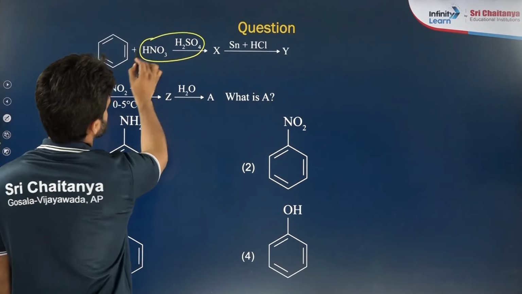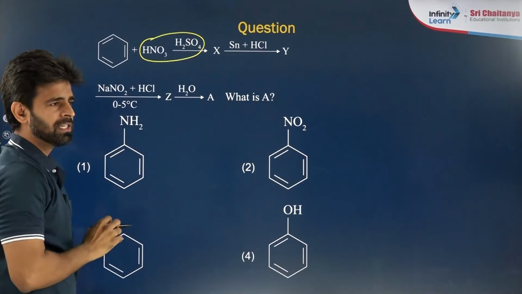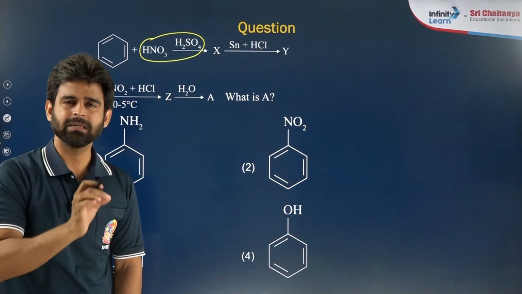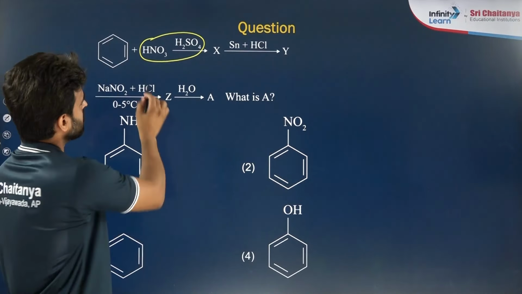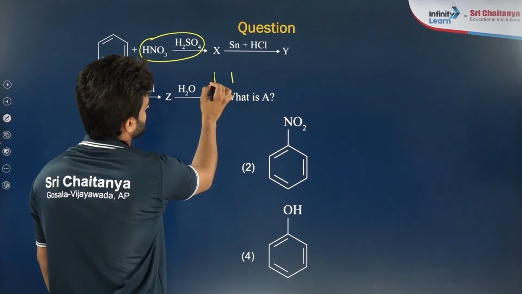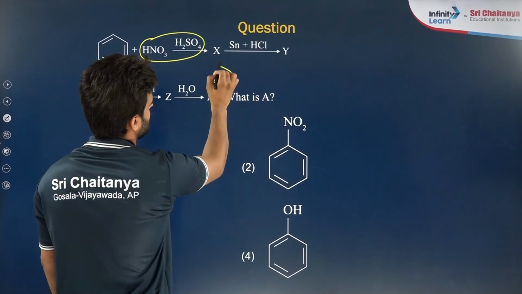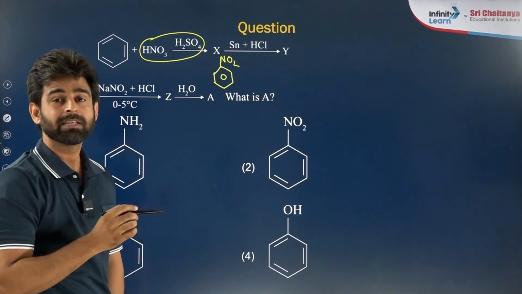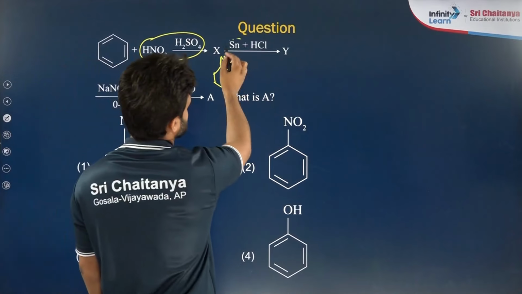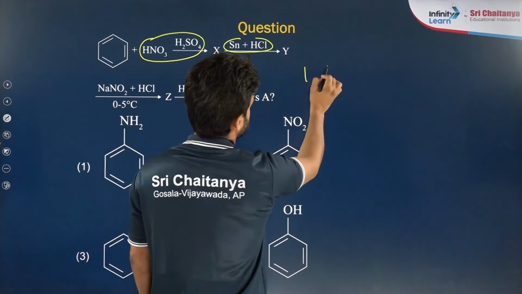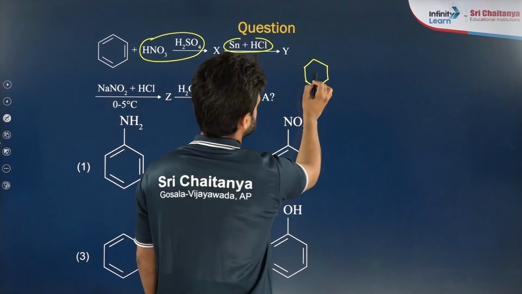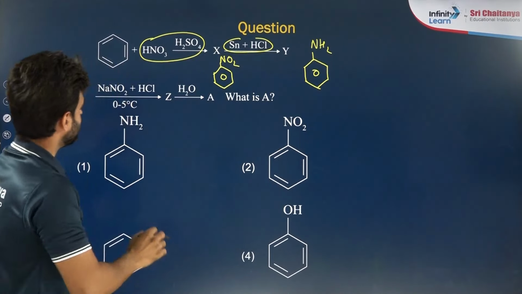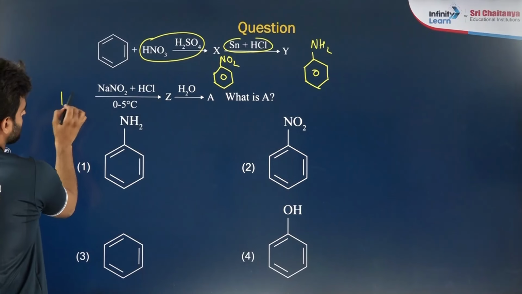These are the reagents, concentrated HNO3 with concentrated sulfuric acid, which we use for nitration. It comes in almost every chapter. So what is X? Nitration will take place and will make nitrobenzene, right? And then we have a reducing agent, Sn/HCl, which will reduce our nitrobenzene into aniline. Fine? Just from NCERT, right? Now, if we have here aniline